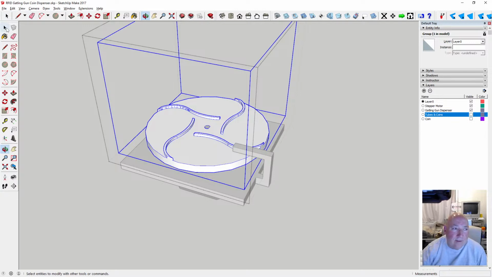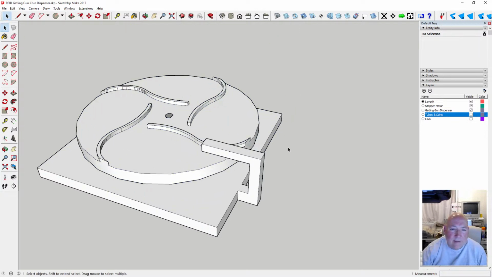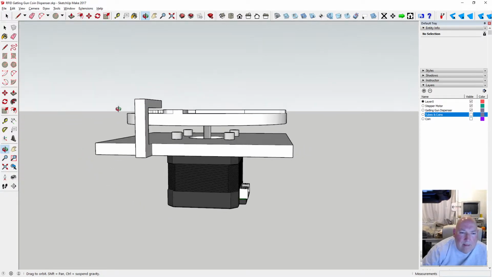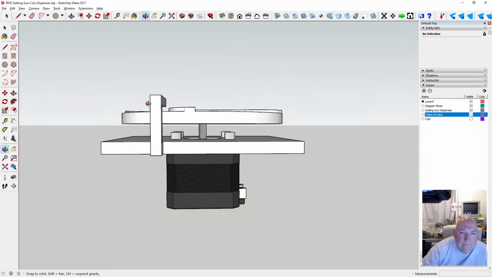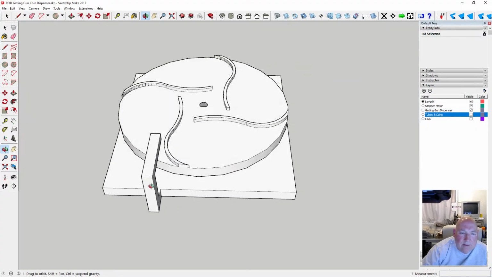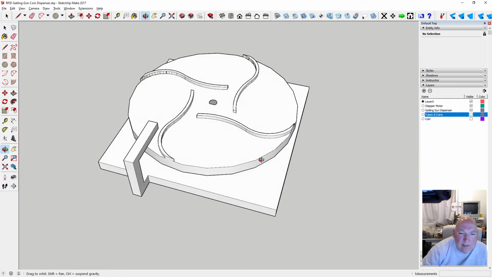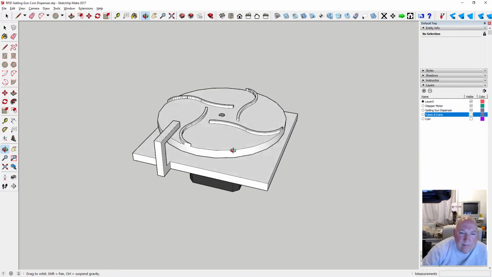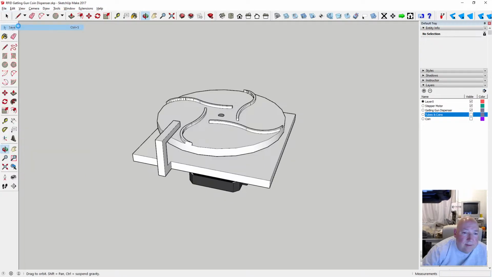Right, so we've got that. Okay. So we've got the square, which means we can bring some risers up out of it. Save that. Let's just go into this bit here because I've got a feeling